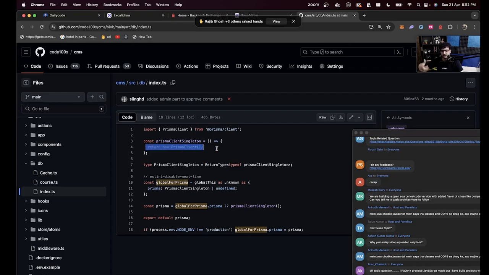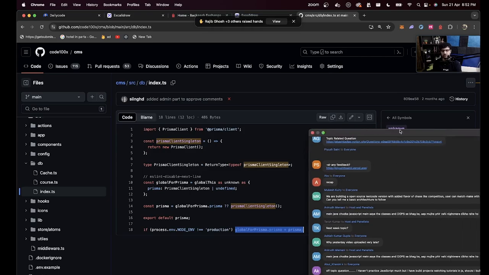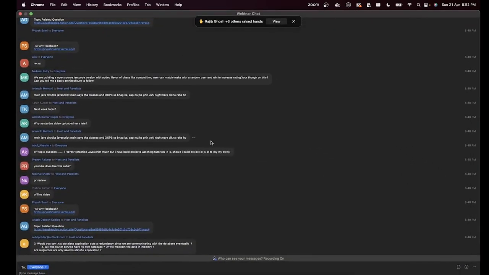If you simply did this, you create a bunch of Prisma client connections, and then your DB runs out of connections. So you create a singleton, and if you're not in production, you're in dev mode. If the global for prisma already exists, you return that. If it doesn't exist, you call this function, which returns it, and then you eventually set it over here. So this is another use case where you want to use singletons. Whenever you want to minimize the number of database connections you're making, you put that in a singleton so that even if multiple places are trying to connect to the database, they are reusing that single connection. That is another important